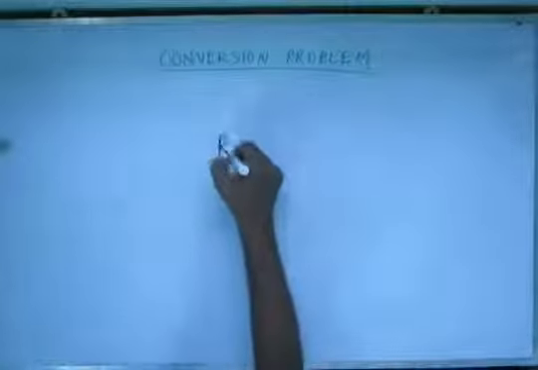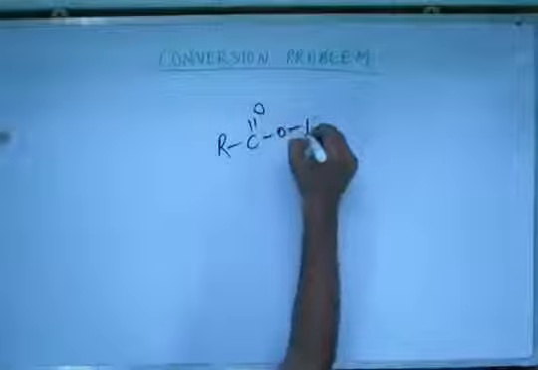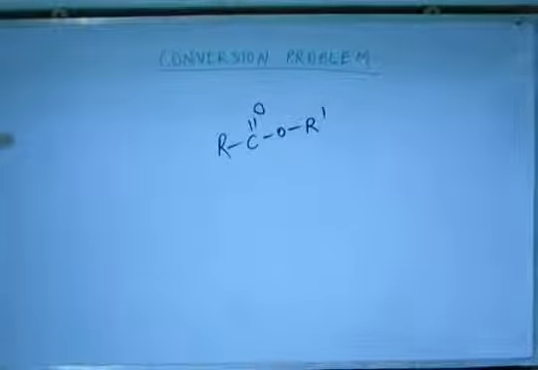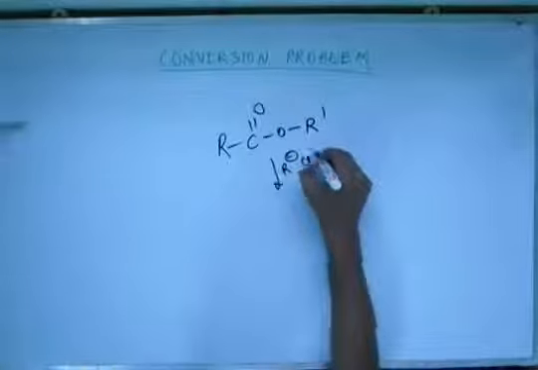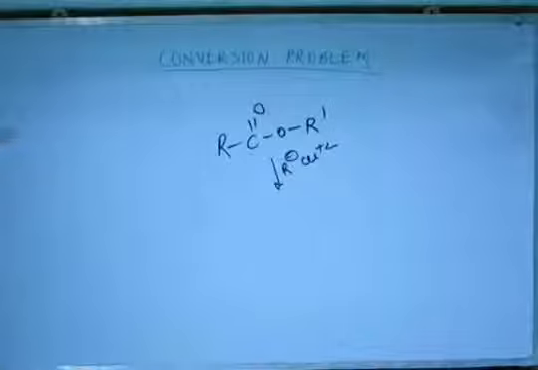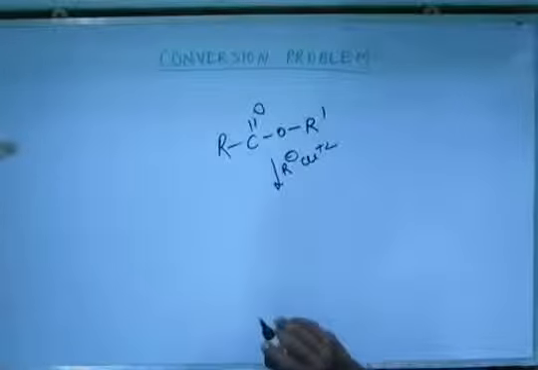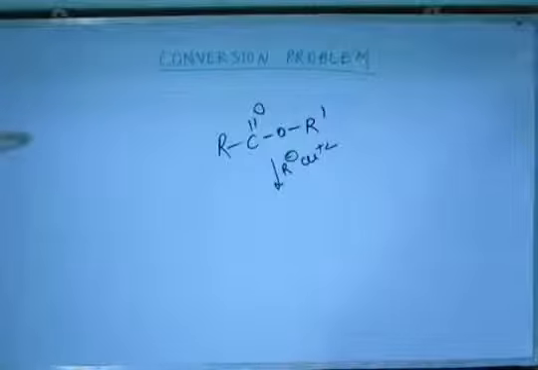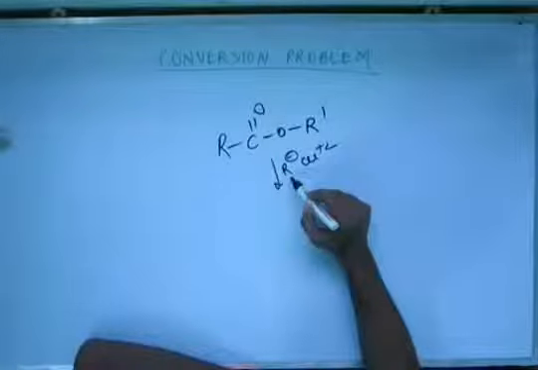Now suppose I ask you, I have an ester. Now if I add Gilman's reagent, where I have an alkyl group attached with copper plus 2 ion, will there be any reaction? Now the basis, the parameter, the standard compound that we consider for reactivity difference between those kinds of alkyl compounds where you have negative charge on the alkyl group and you have a metal ion bonded with the alkyl group,